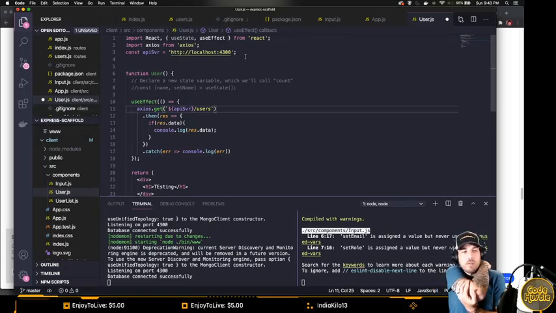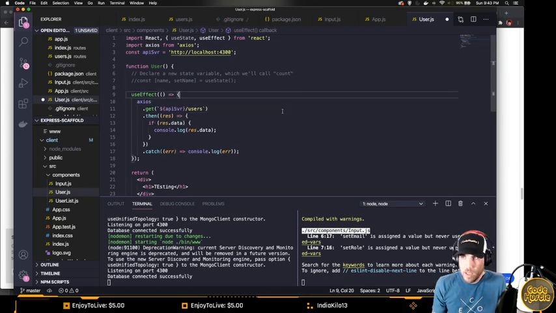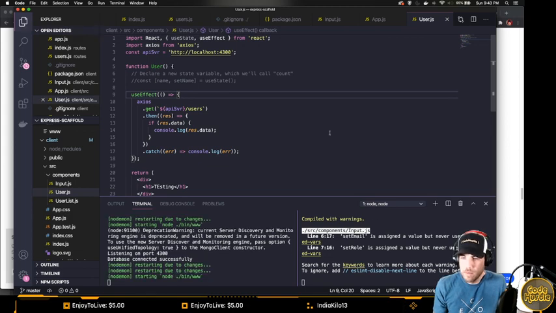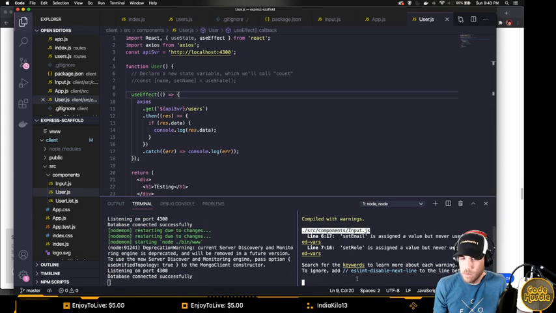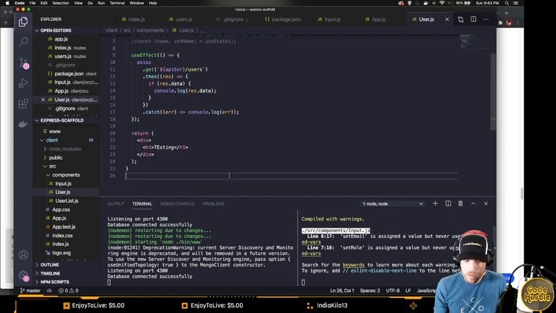Let's see. Get it right. Now users. Oh wait, hold on. If I want this to be used though, right? You have to like export this, right? Do like export default. And this is called